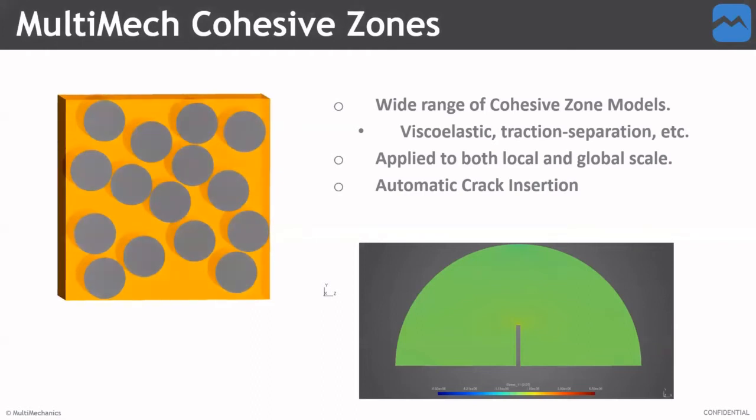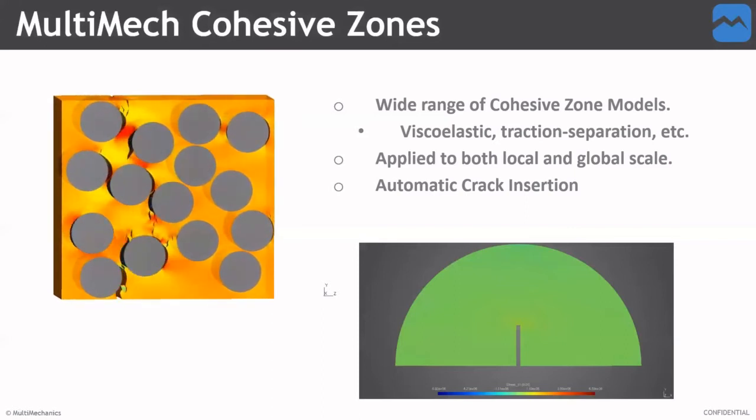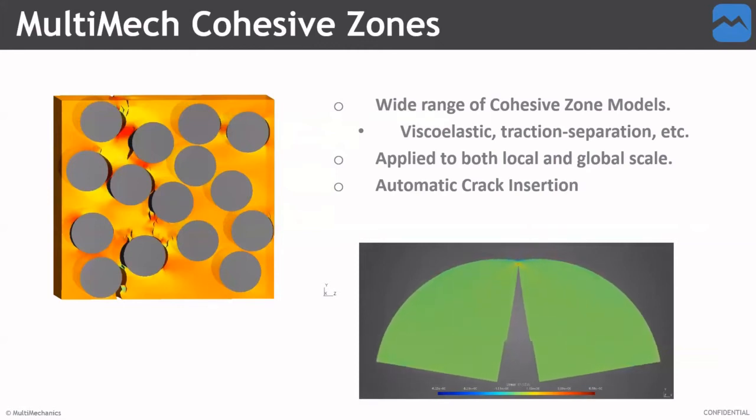So the simulation on the left is a composite being loaded in the transverse direction. And we start to see some debonding from the fiber and matrix. And we also see some matrix cracking starting to propagate in between the fibers. We also have this ability on the global scale. You see on the right, we have a semicircle beam, and we see that this pre-inserted cohesive zone propagates accordingly